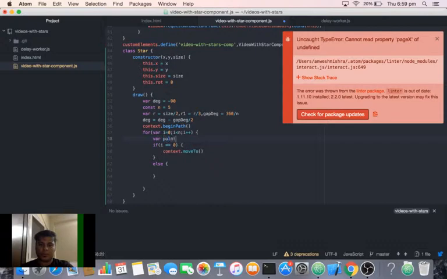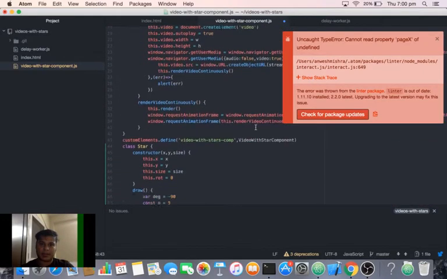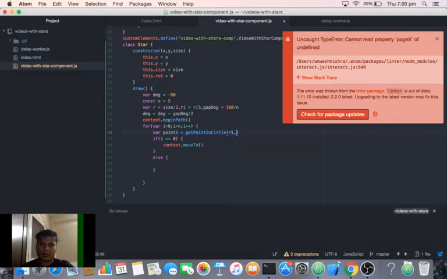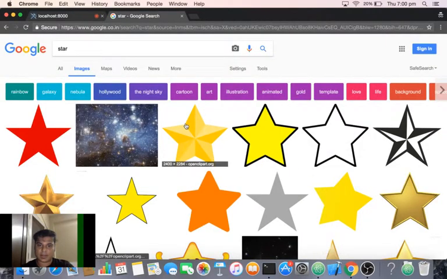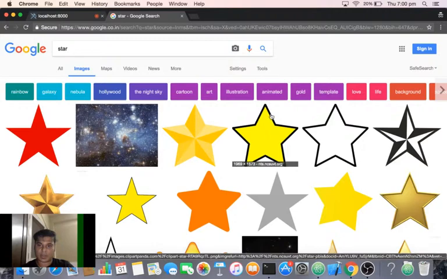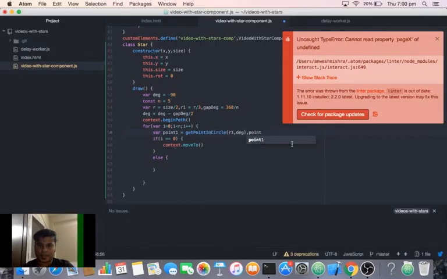We'll have 3 points. Point 1 is get point in circle, passing radius as small r1 and degree as deg. Point 2 will be get point in circle, r comma deg